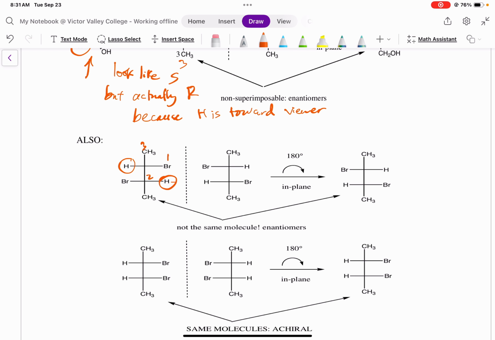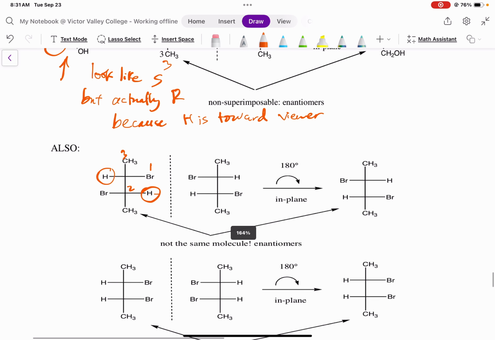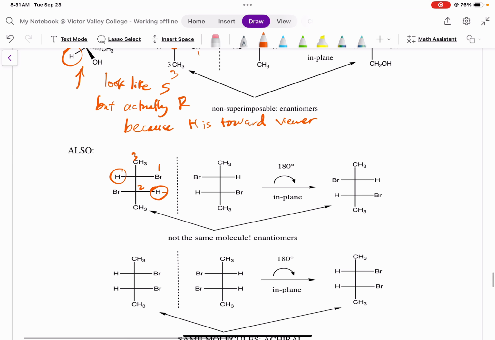If we look at this carbon, and 1, 2, 3, so that looks like clockwise, but it's actually reversed, so it's S. Now you switch the hydrogen to the other side. Okay, so that becomes now